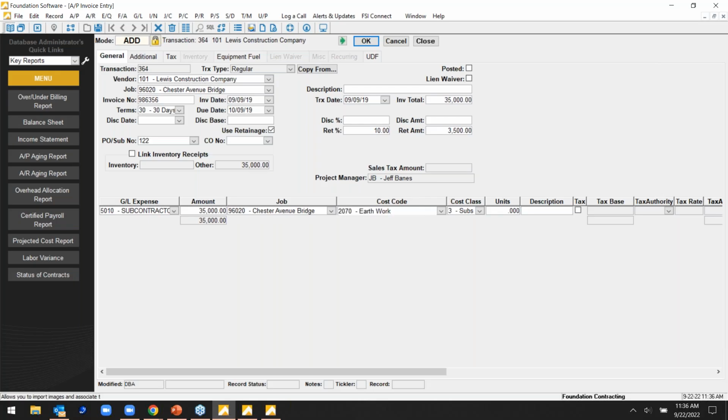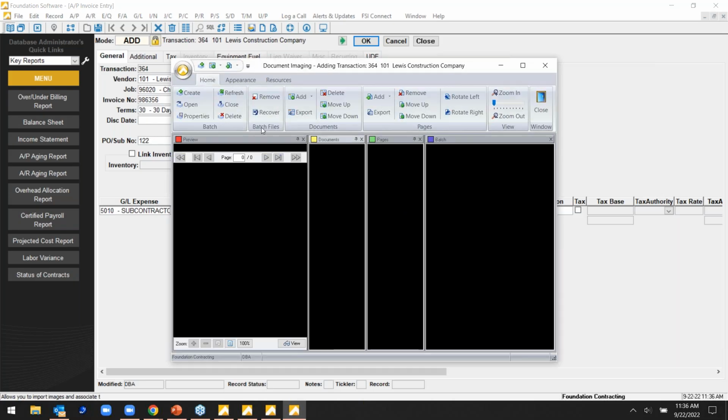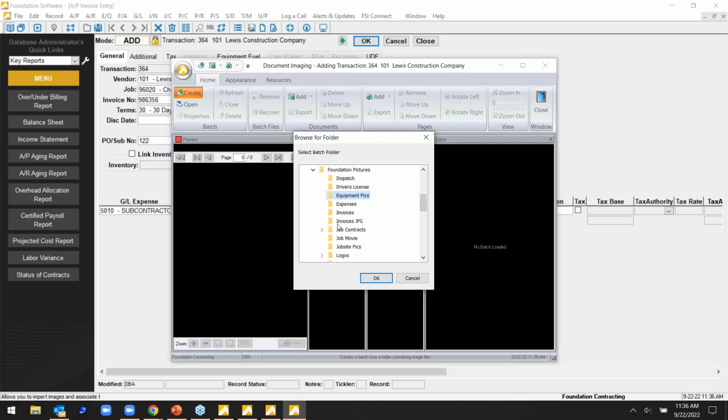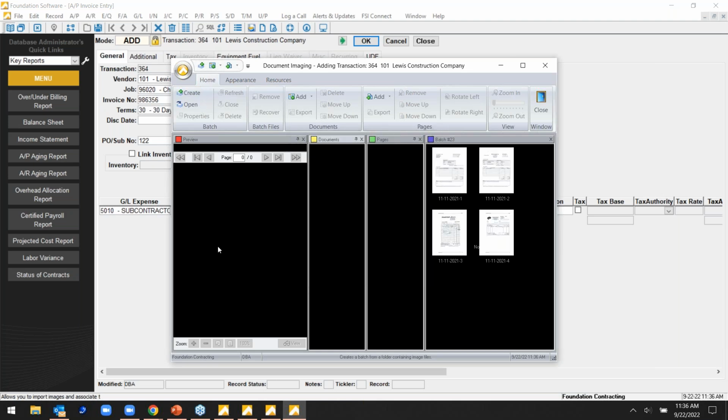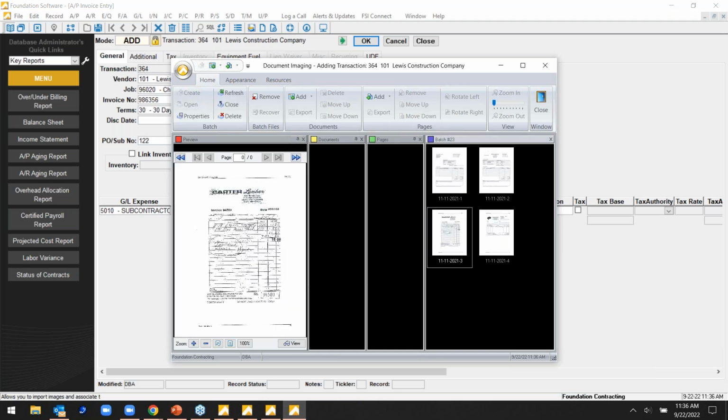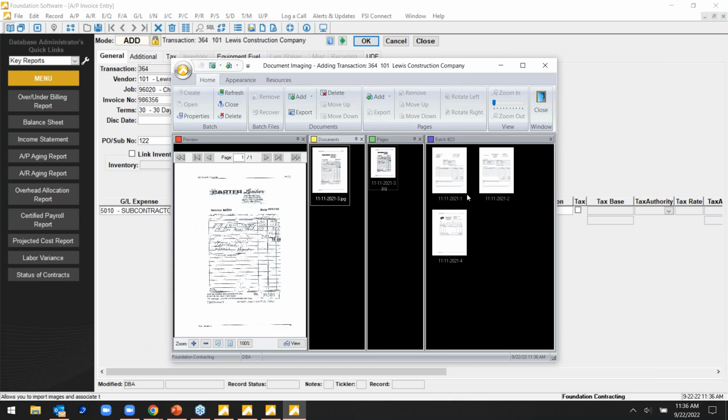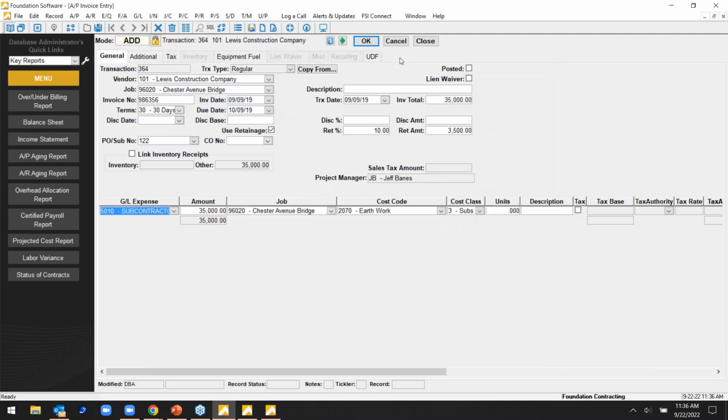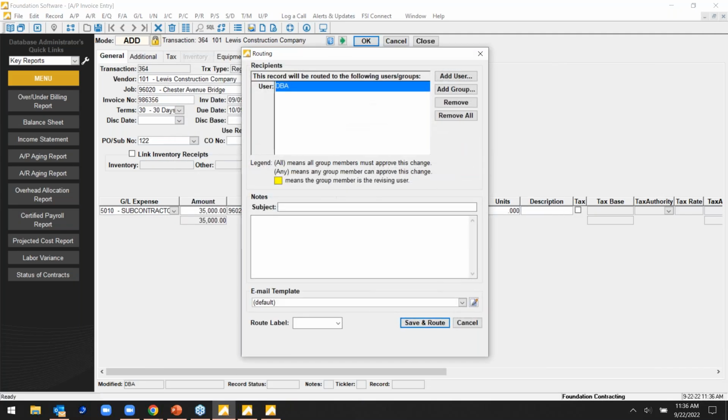All right, and from here, a user would be able to drag and drop a copy of that payable invoice. This is through our document imaging. And you can see here, I've got my screens overlapping. I can only show one monitor for this presentation here. A lot of clients have dual monitors. Get the image on one monitor, the entry on the other, just so you don't have to toggle back and forth. They would just drag and drop that respective image, and then they could either leave it as is and